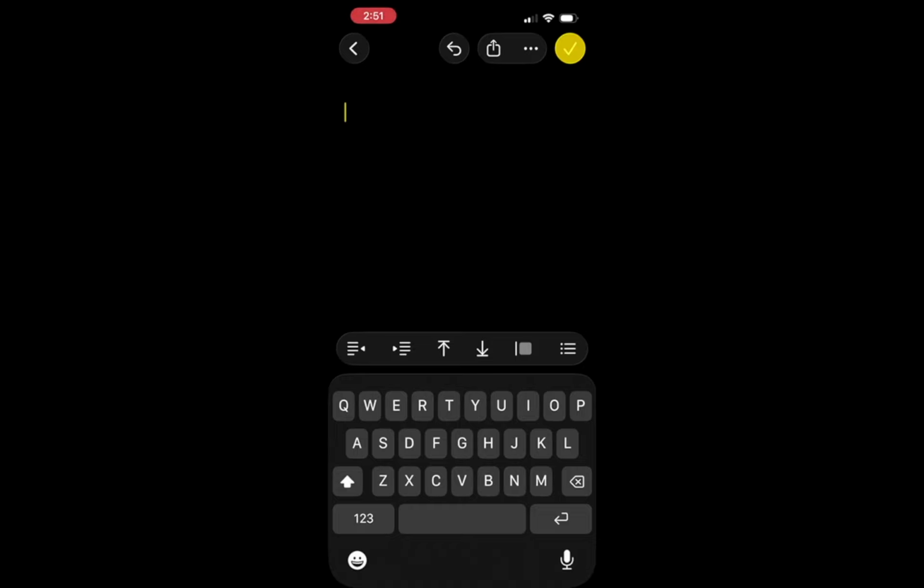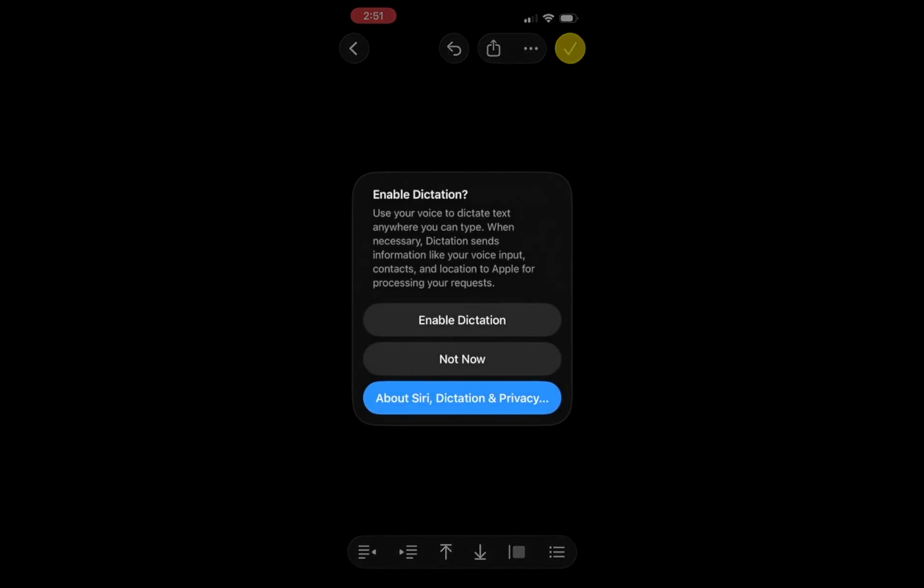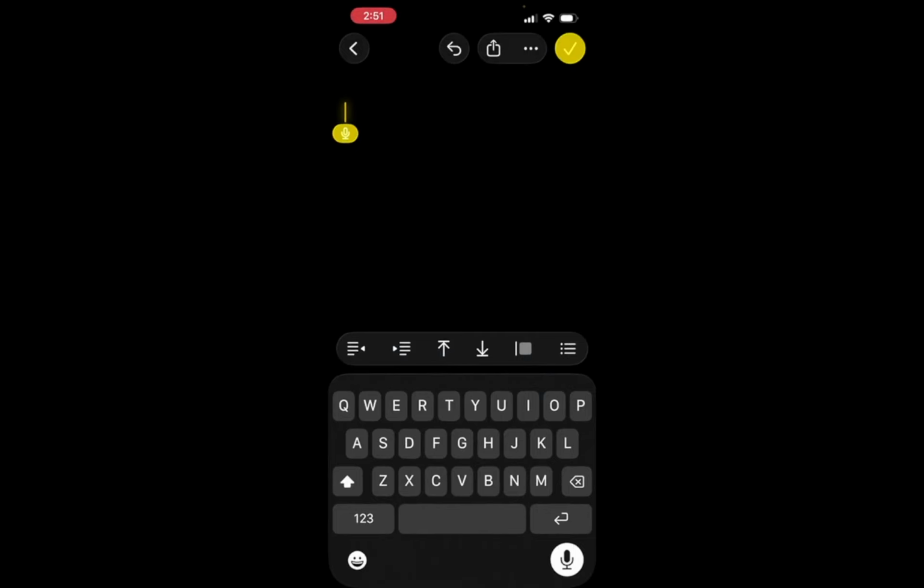Speak clearly. Your words will be converted into text as you talk. As you begin to speak, you will see your words appearing on the screen in real time. It's important to articulate your words clearly for the best results. This ensures that the dictation software accurately captures what you intend to say. You might be surprised by how well your iPhone or iPad understands you. This feature can significantly speed up your note-taking process, making it easier to capture your ideas quickly.